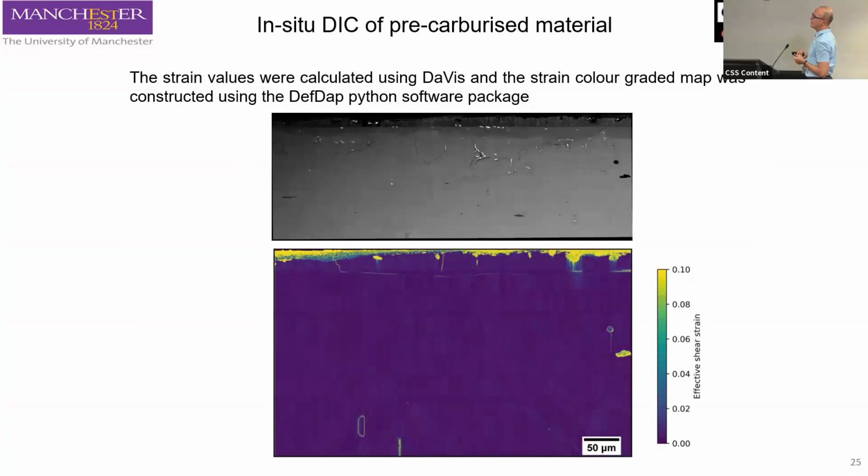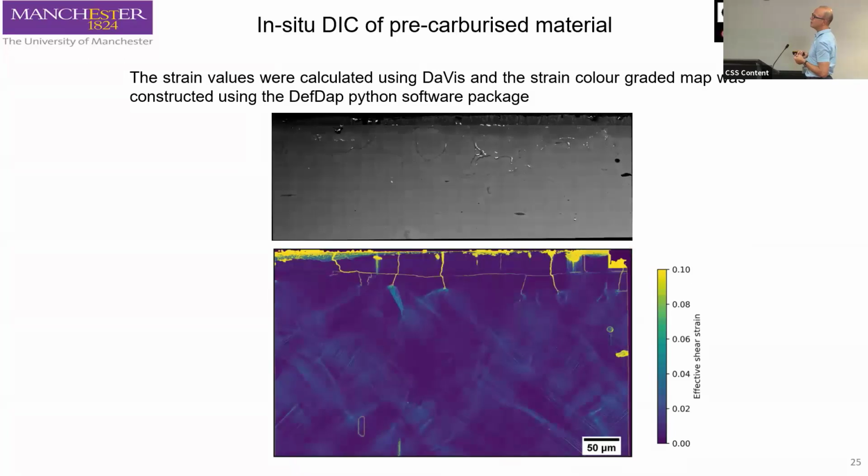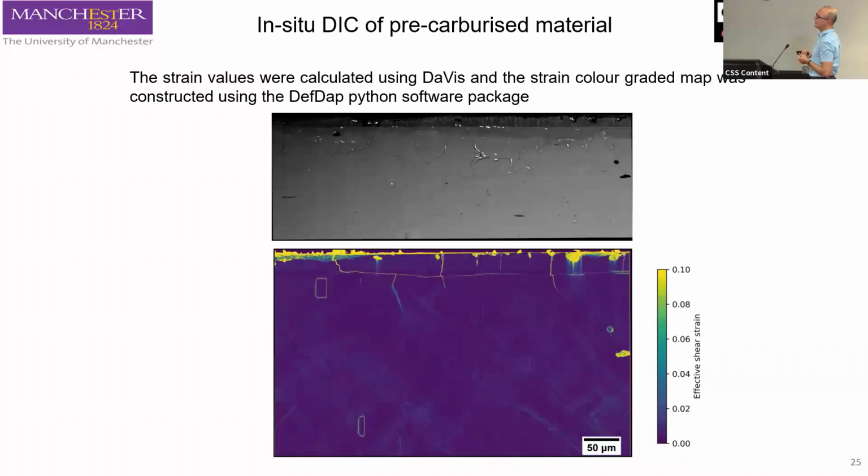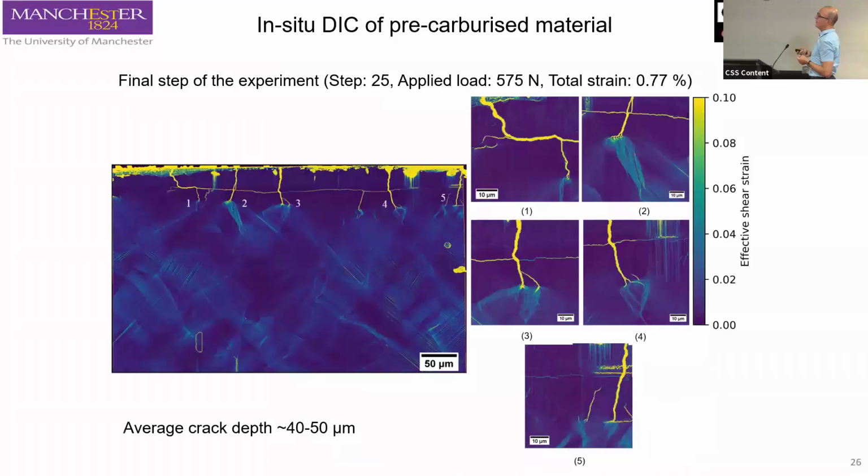What we can see is that during the early stages of straining, there is a delamination occurring at the interface between inner and outer oxide, as well as some cracks developing into the material. If we now look at a still image, again, what we noticed is that the cracks were in the order of 40 to 50 microns, and the early stages of cracking occurred with a relatively small strain, in the region of